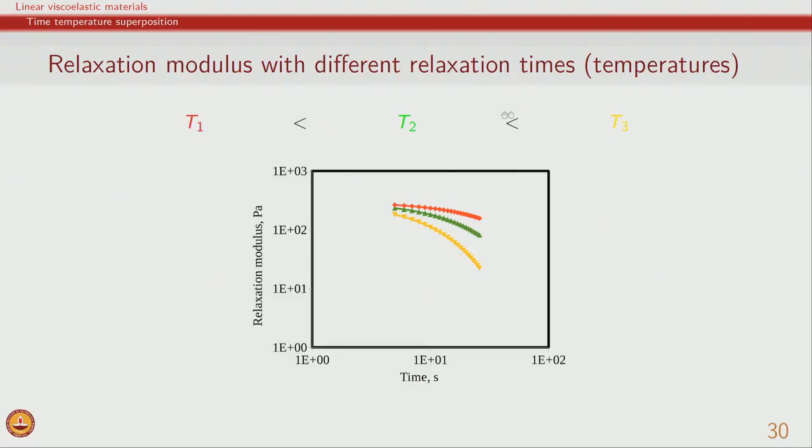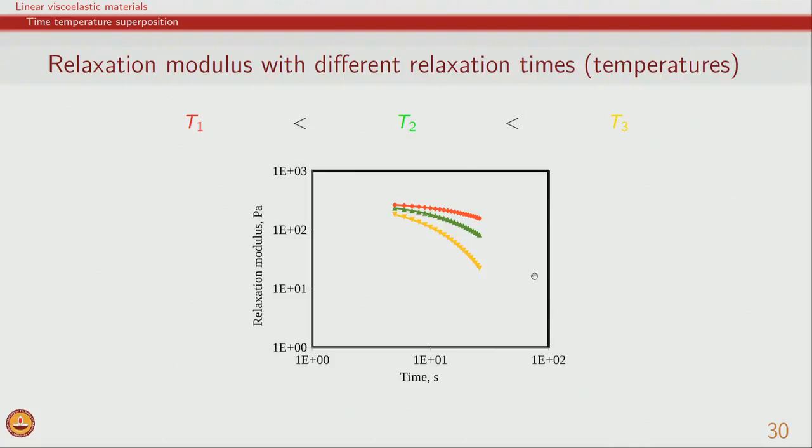Because I have changed the relaxation time, they are showing responses like this, but if I somehow interpret this data at T3 as being equivalent to data at T2,